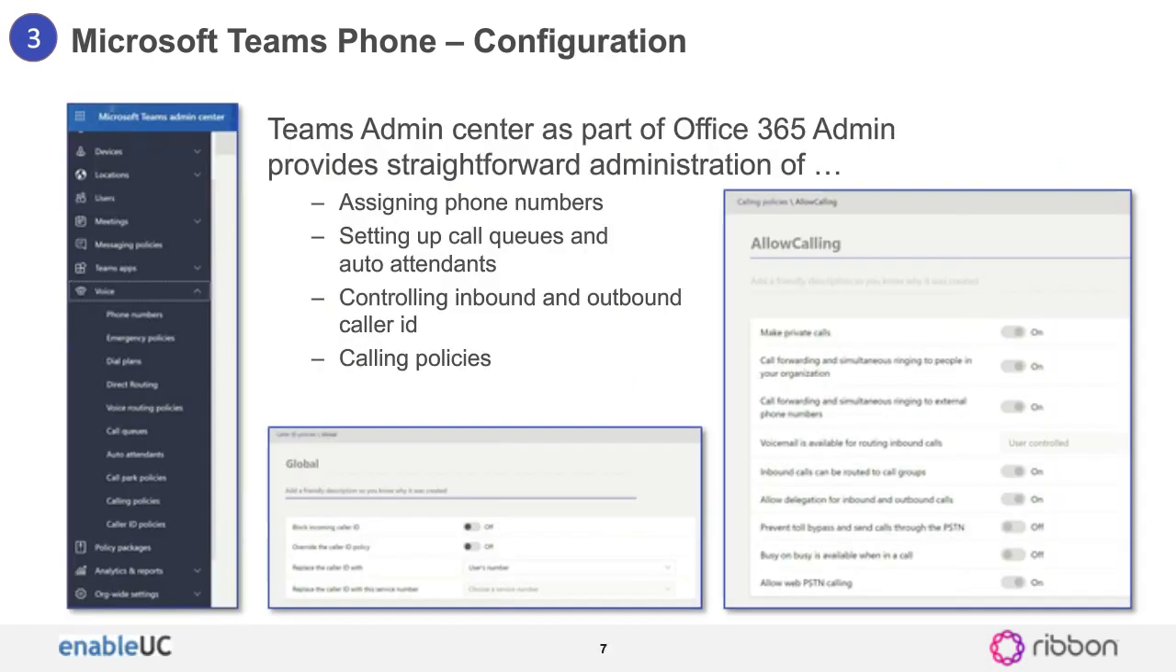The third thing that you need to do is somebody either in your organization or a partner needs to go in and configure the appropriate things, like assigning telephone numbers, setting up maybe call queues or auto attendants, controlling inbound and outbound caller ID, and setting calling policies. Which users can call internationally? Do you block calls to toll 1-900 numbers? So this takes a little bit of expertise, but the key message that I want to share